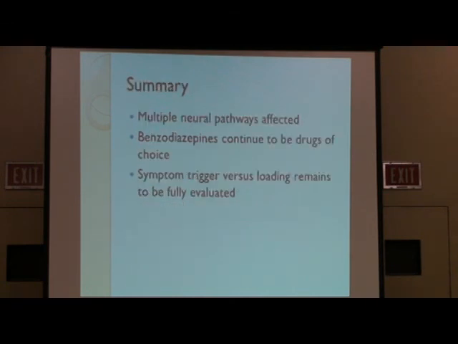So in summary, I think it's important to recognize the pathophysiology and pathogenesis of alcohol withdrawal syndrome. I think that helps inform our decision-making in terms of the types of medication that are potentially used in these patients. Benzos continue to be the drug of choice, but I would say don't get stuck on continuing to escalate the dose of a specific benzo. I think it makes sense to target specific symptoms with other medications. And symptom-triggered therapy, again, is the mode of choice, and then relative